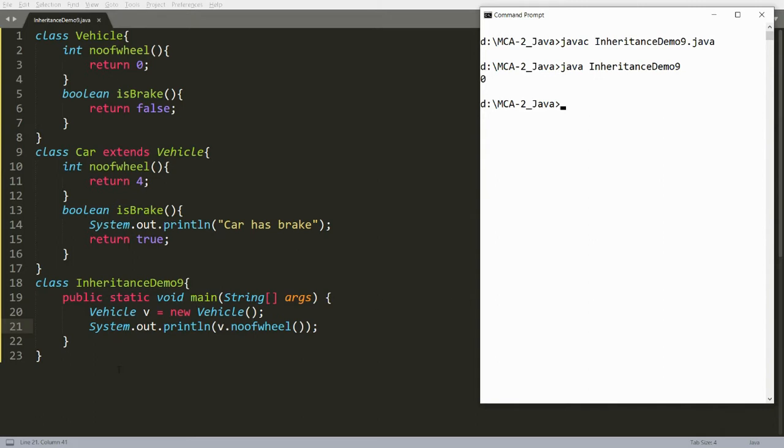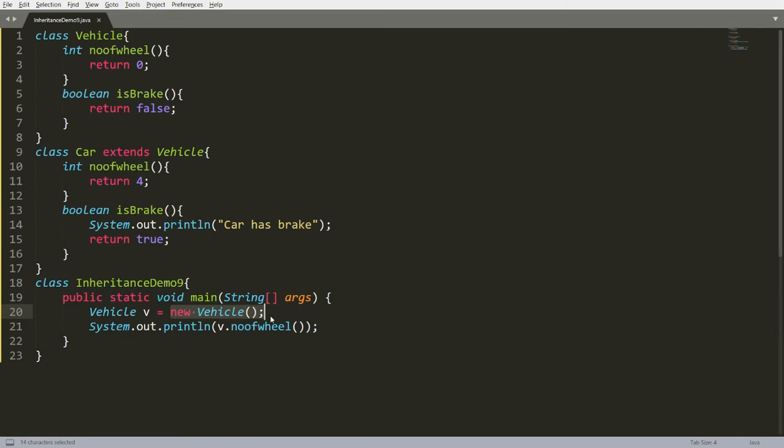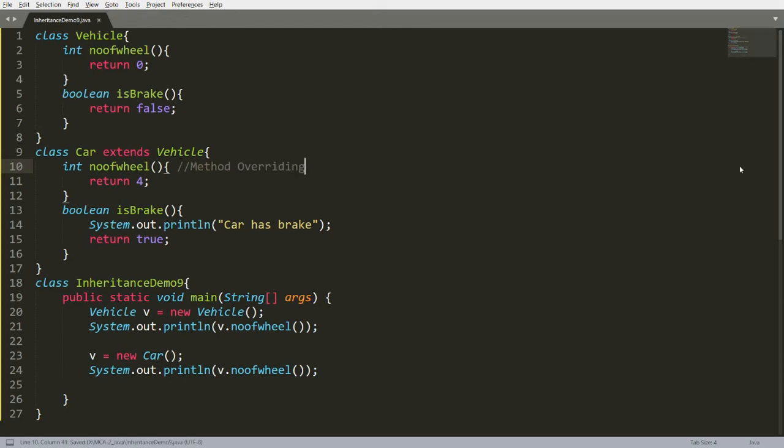So if you think, sir, I don't want to allow the user to create an object of this Vehicle class, then you can make this class abstract. That is one thing. Second, suppose this v is pointing to Car. It means if the father is pointing to the car, then the father can access all the functionality that the father has given to his child. And the numberOfWheel function, you can say this is method overriding, and hence I can do runtime polymorphism.